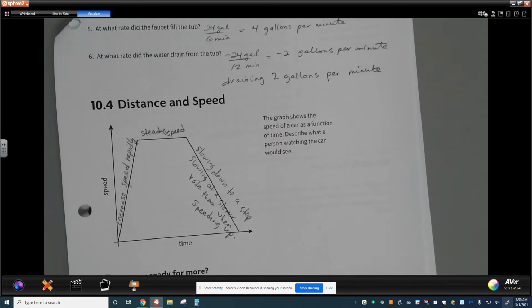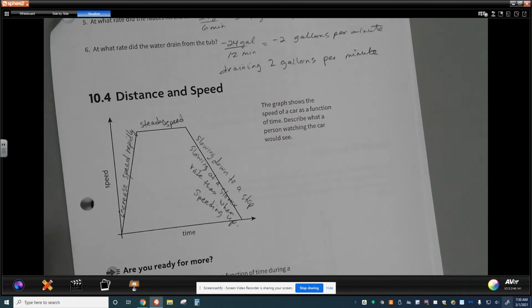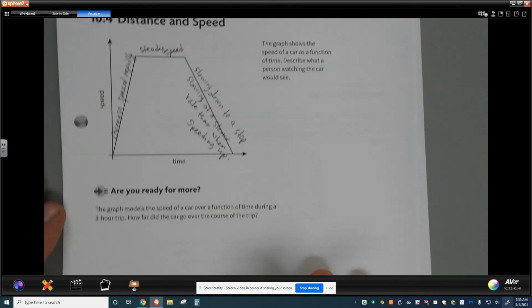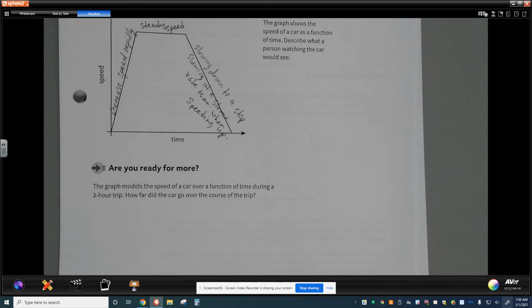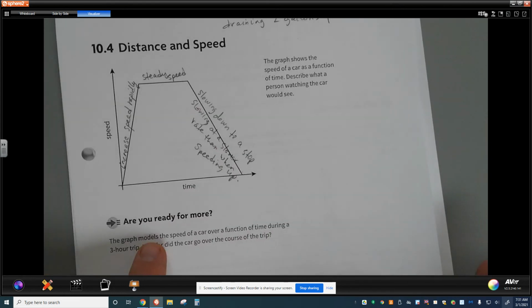Okay. The next little section right here is actually kind of a linear model that I really like. I think it's kind of cool. The Ready for More says the model will represent the speed of a car as a function of time during a 3-hour trip. And what you'll see with this car is a little bit different. And then the question says, how far did the car go over the course of the trip? When we look at it,